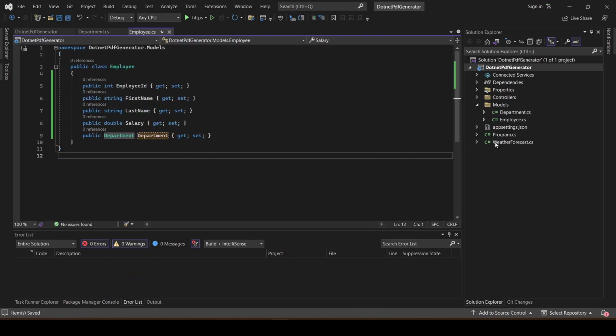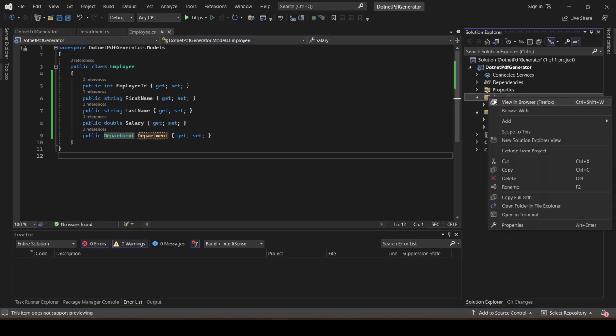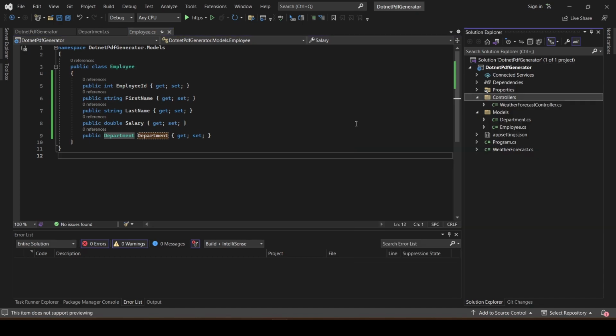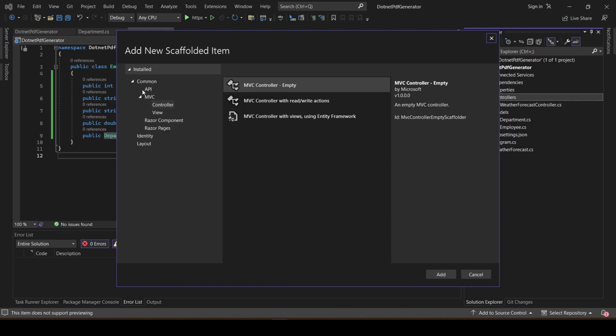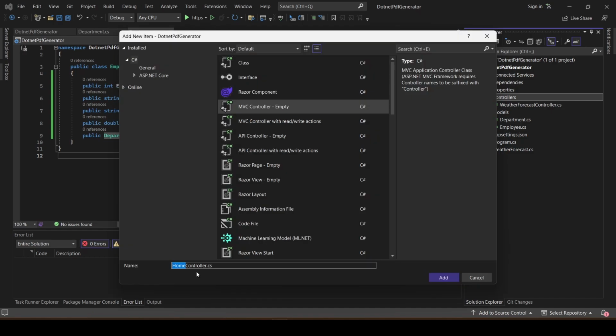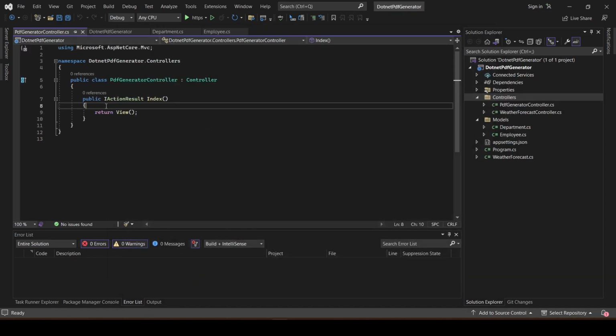The next step is to have a controller. So I right click on my Controllers and I click Controller. Then inside MVC, I select Controller. Don't select from API, I select from MVC. And I select the empty one. And I name it PDF Generator. And inside my controller and inside my index action, I'm going to have